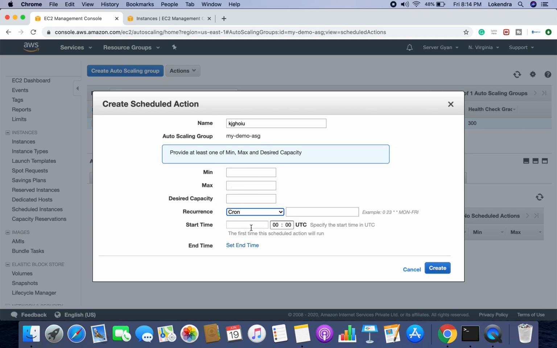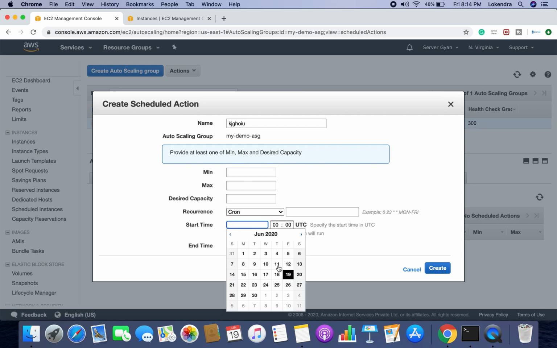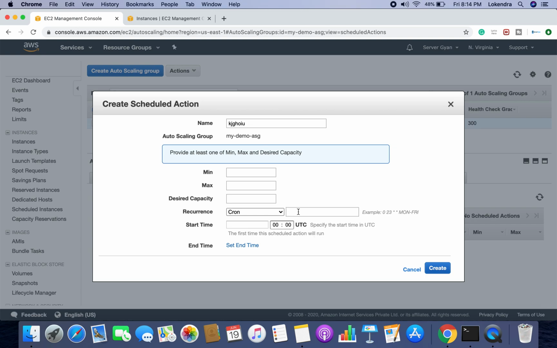So there is one interview question. Recently I was facing an interview and someone asked me that I'm running maybe a WordPress server, and I want that every morning at 9 a.m. it should be repeated by cron. So as a particular cron expression we can set. The question was that every morning this particular server should start at 9 a.m. and this server should get stopped at maybe 6 p.m.